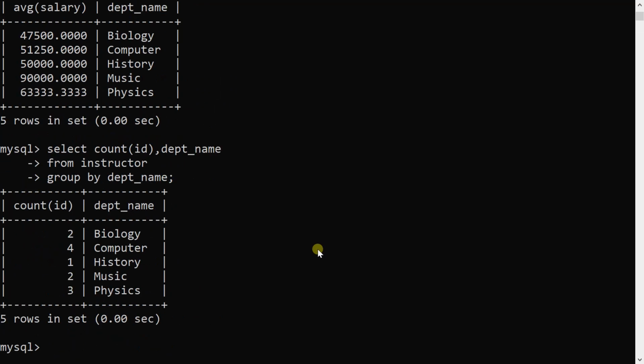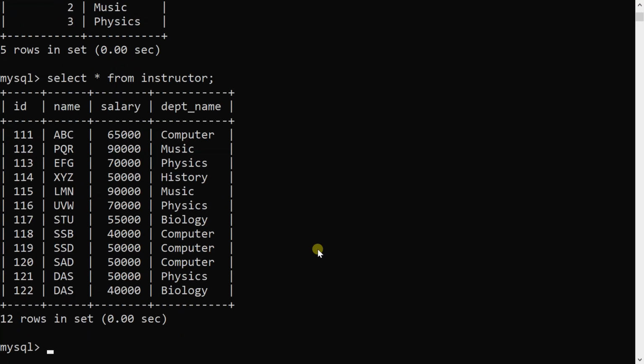So here you can see how many employees are working in each department. If I execute select star from instructor, you can see the query result like this.